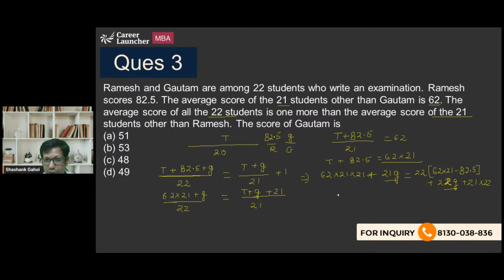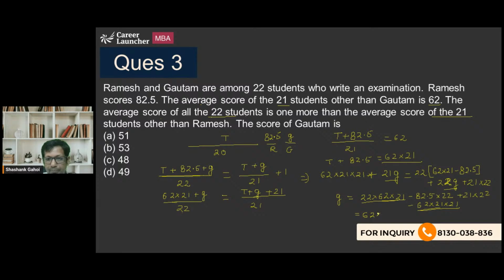So I'm going to get g, and g is what? That is 22 into 62 into 21 minus 82.5 into 22 plus 21 into 22 minus 62 into 21 into 21. Okay, so now this has become a little trickier. So this is common. 22 minus 21 is 1. So this total value comes out to be